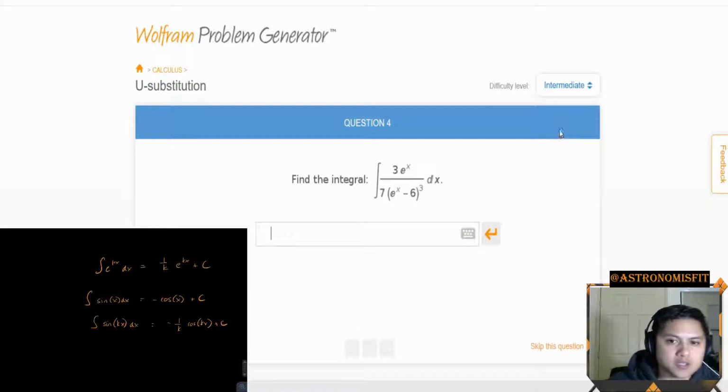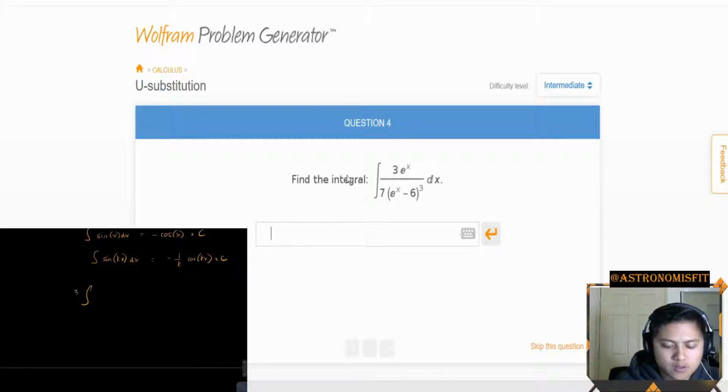Let's go to intermediate. Okay, so we have the integral of 3e to the x over 7 times (e to the x minus 6) cubed. So let's put the 3 sevenths on the outside. Now we're going to let e to the x minus 6 be our u, right? So we'll have e to the x dx be our du. So essentially it becomes an integral of 3 over 7 times du over u cubed, which is just